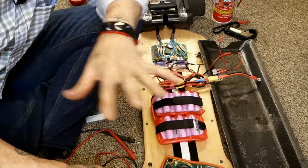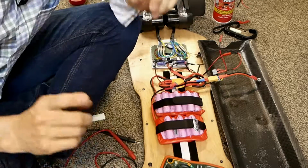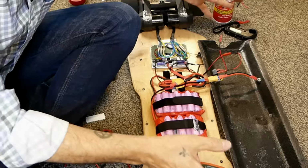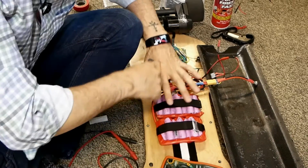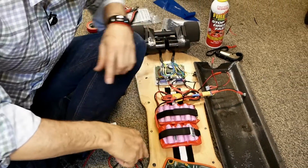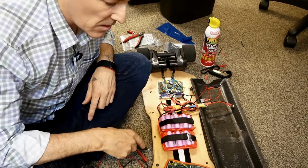I'll do a video probably on this whole process at some point in time. What I wanted to show you today was I was about ready to button the whole project up, and I went to take the box and flip it over on top, and start tightening in the fasteners. Everything's going fine. I get to this particular fastener right down here, which you can't see because it looks like it's off the camera,